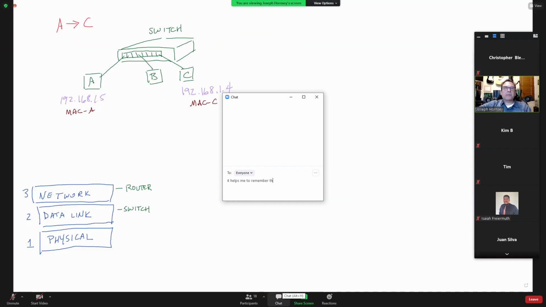Now, ARP is a very, very important protocol because if I want to communicate with computer C, I've got the IP address, but I need the MAC address in order to create the frame, put the frame on the network and give it to the switch. And a frame looks like this. You have a header and you have a trailer, and then you have your payload. In the Ethernet header,